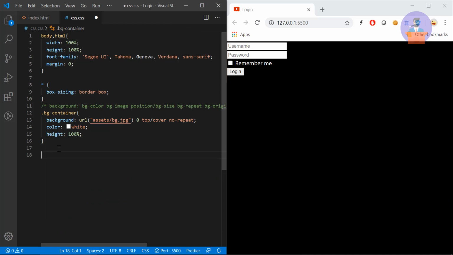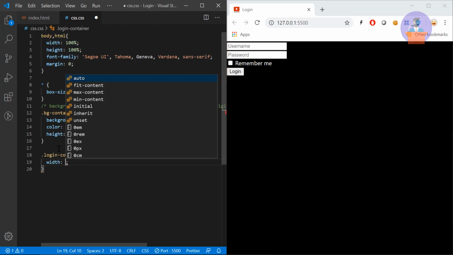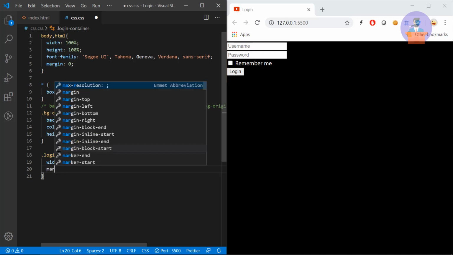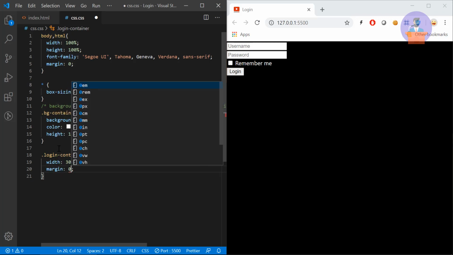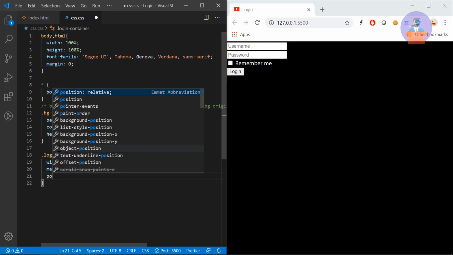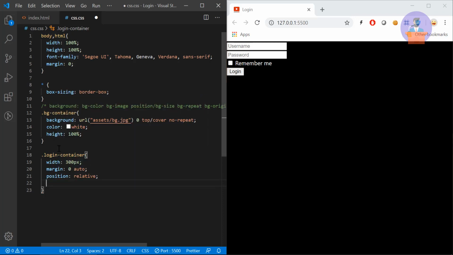and paste it over here, and here I'm going to write the width of our login container will be 300 pixels, and to make it horizontally centered we are going to use margin 0 auto, so it will automatically center align our login container. And I will provide position as relative so that we can provide top and left properties to our login container.